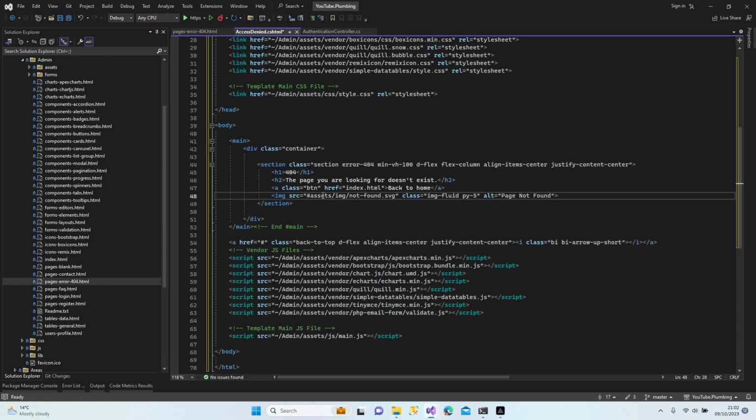Let's make it admin, the folder name, make it 403, and the text is you do not have any permission to see this page. Yeah, and